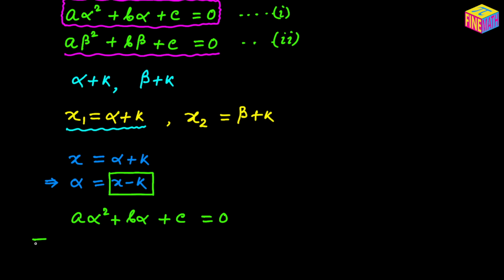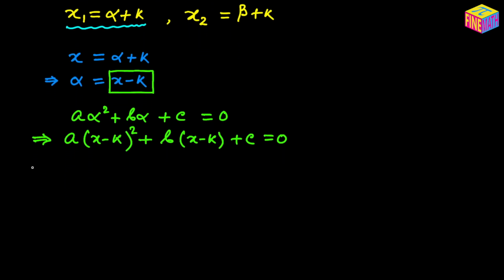So from here we can say, okay, if we replace the value of alpha with x minus k, this will become a times (x minus k) squared, this is alpha squared, plus b times (x minus k), plus c is equal to 0. Now let's do the whole square here. So it will be a times (x squared minus 2xk plus k squared), plus again we have b times (x minus k) plus c